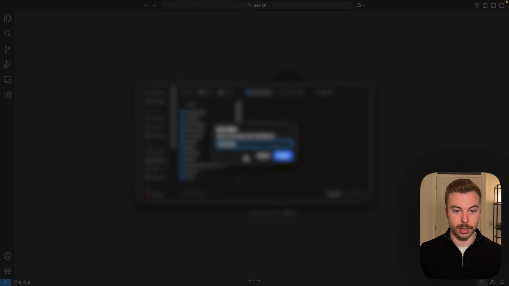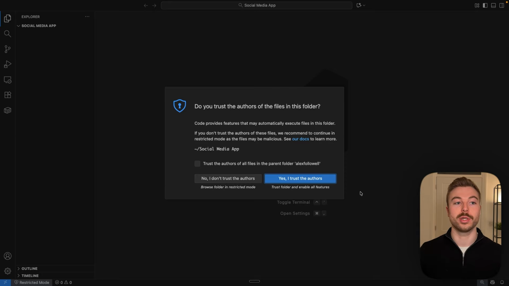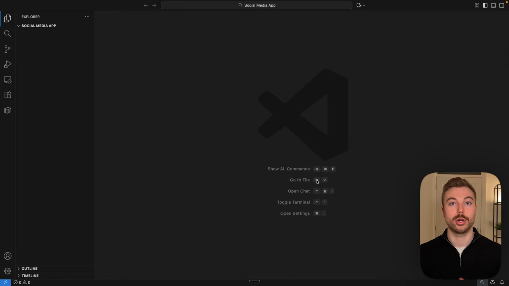So we'll do social, then media, then app, and we'll do open. This is going to enable us to store all of this different information on our local desktop before we deploy it to platforms like GitHub for us to be able to access it on the internet. Once we've got this ready to go,